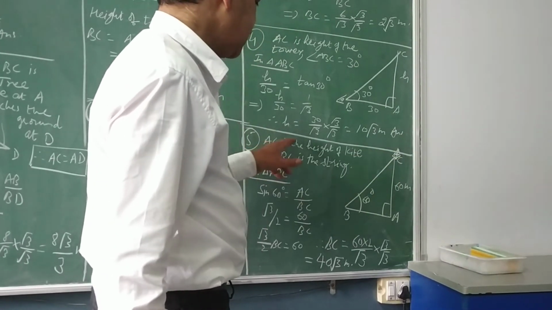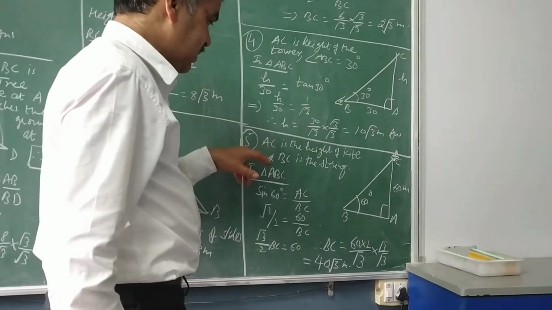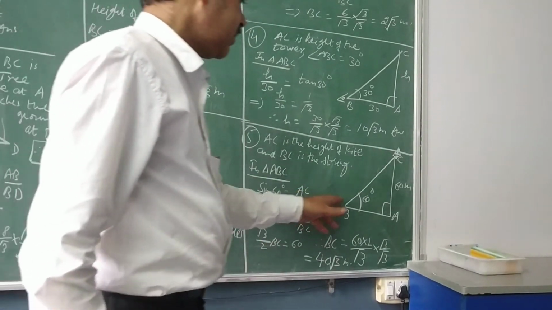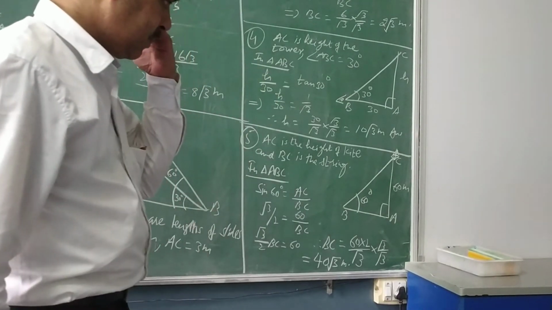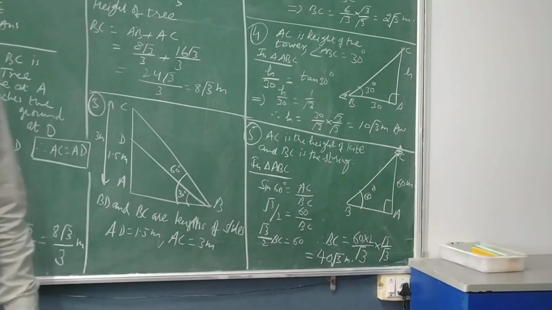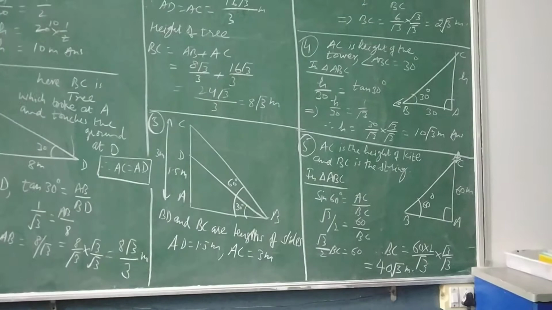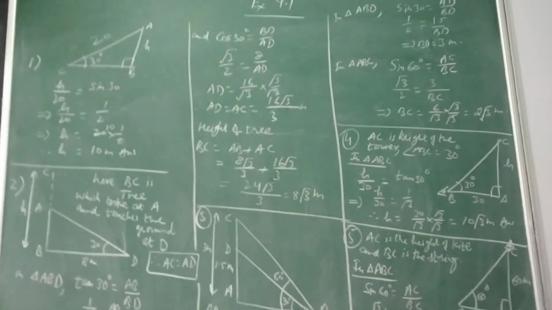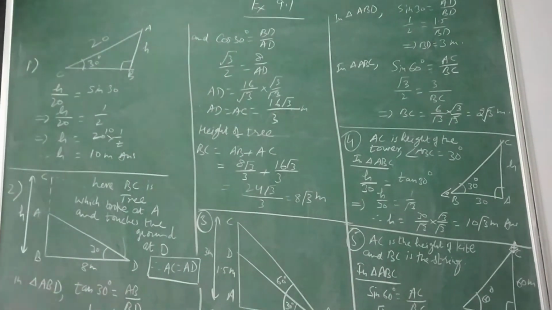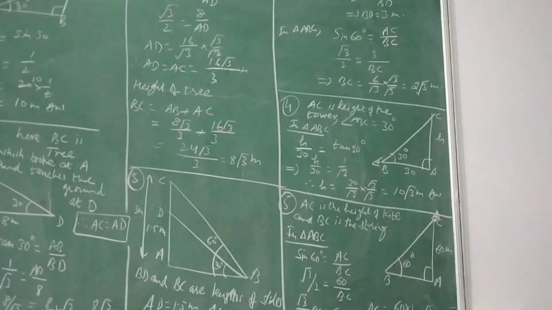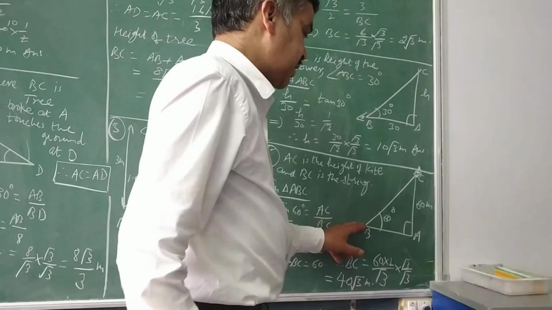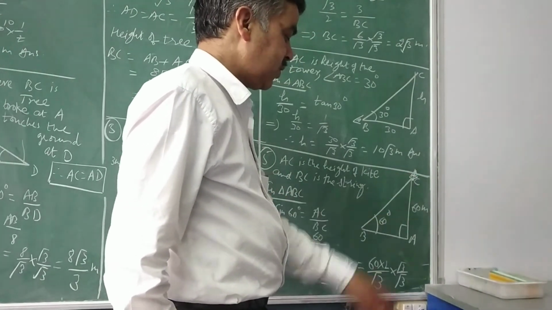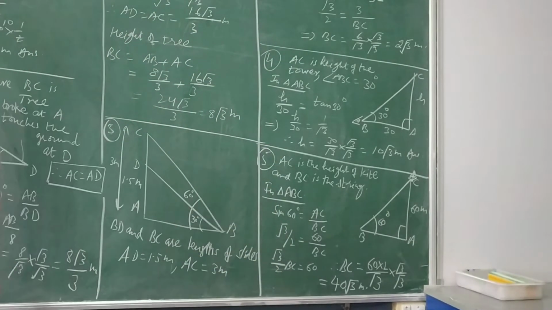So you mention it, AC is the height of the kite and BC is the string, the length of which I need to calculate. That is this length BC. The string attached to the kite is temporarily tied to a point on the ground. The inclination of the string with the ground is 60 degree. So suppose the string is tied at B and the inclination of the string with respect to the ground is given equal to 60 degree, and you need to determine the length of the string.